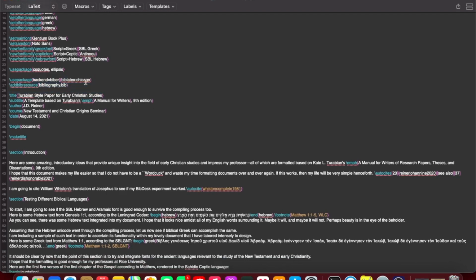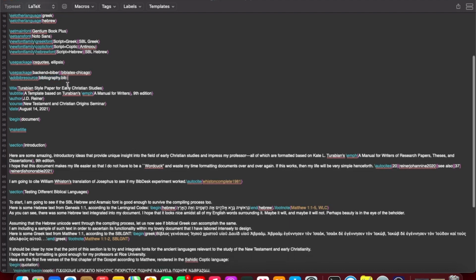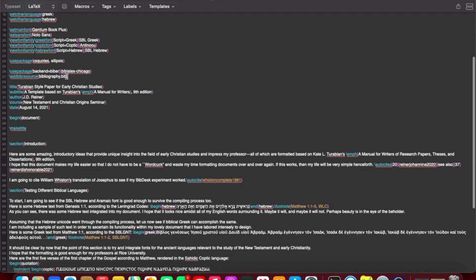Okay, and then you have your bibliography stuff. You have to make sure that you are using the Chicago version of BibLaTeX and using the Biber part of the package too, and then link your bibliography file. So how exactly does this bibliography file work? This is your database of all your sources. This is how you automate all of your footnotes and your